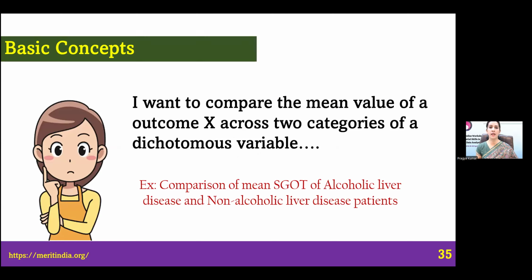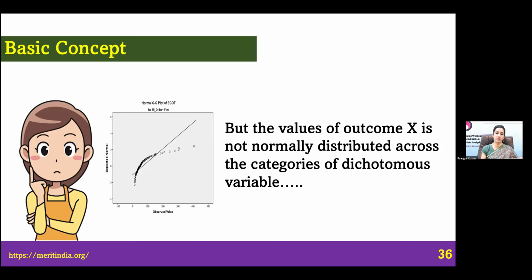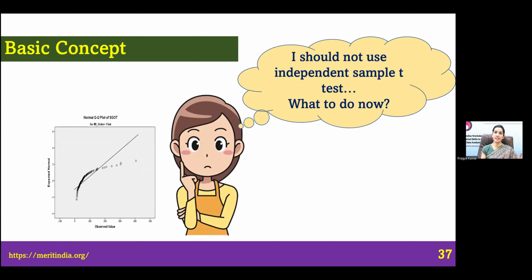Like the way you said, you may already know that there will be unequal variance. Similarly, there are many data sets where you know there will be a lot of variation. Like we have seen per capita income, it is never normally distributed, it is always skewed. Similarly, SGOT also has a quite non-normal distribution. So if I want to compare the mean SGOT of alcoholic liver disease and non-alcoholic liver disease patients, I might face this problem, that the data is not normally distributed across the two groups of the dichotomous variable. So in that case, I cannot go